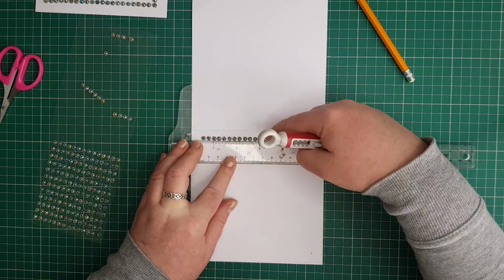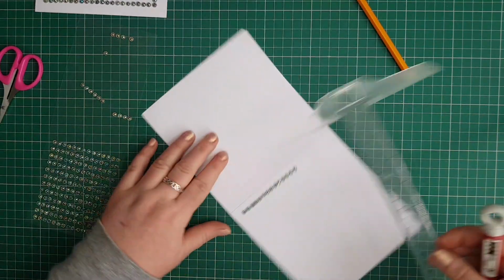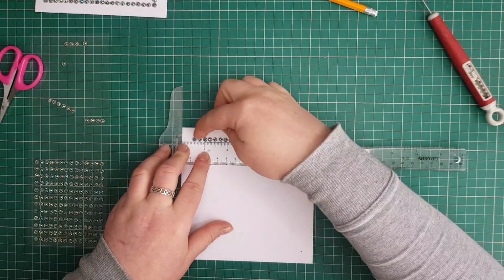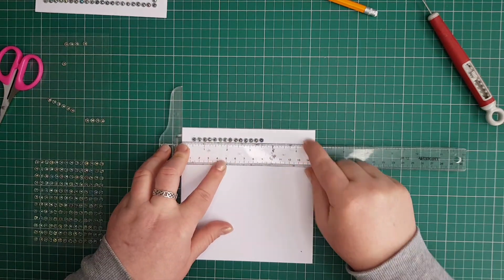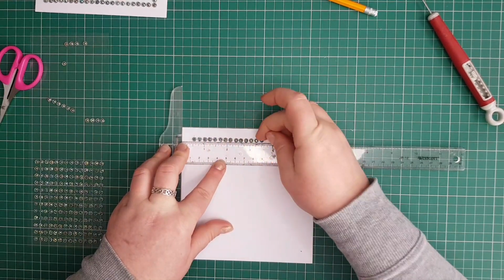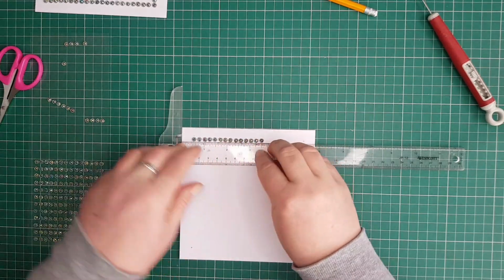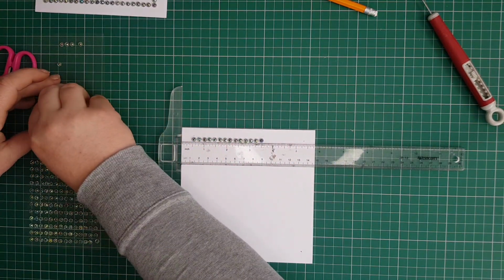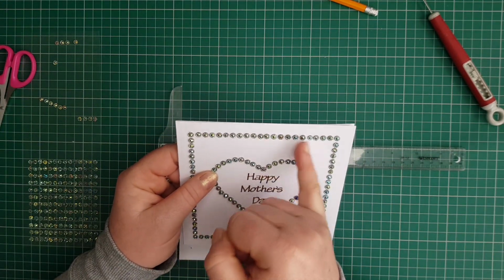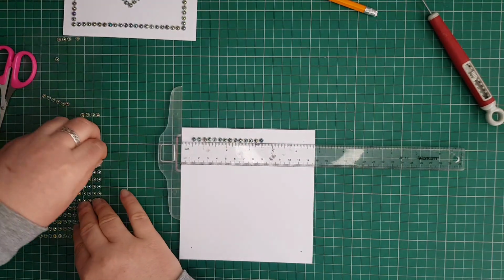I'm not sticking them yet. This is a 6-inch. So now what you do is line up this dot with these dots, but remember that they have a space as well, so they're not exactly over here, they're just going to be a little bit under. And now I know exactly how many extra ones I need. 1, 2, 3, 4, 5, 6, 7, 8, 9, 10, 11. So another one